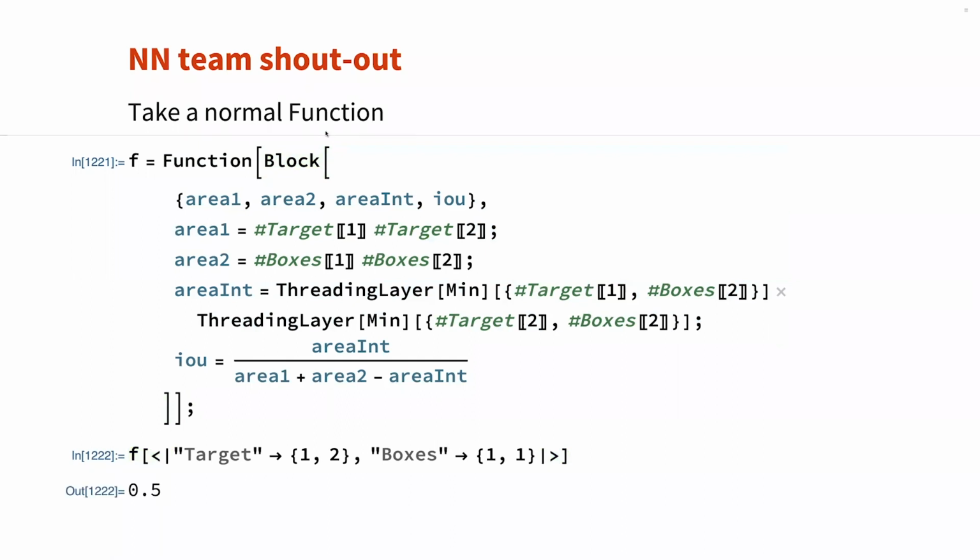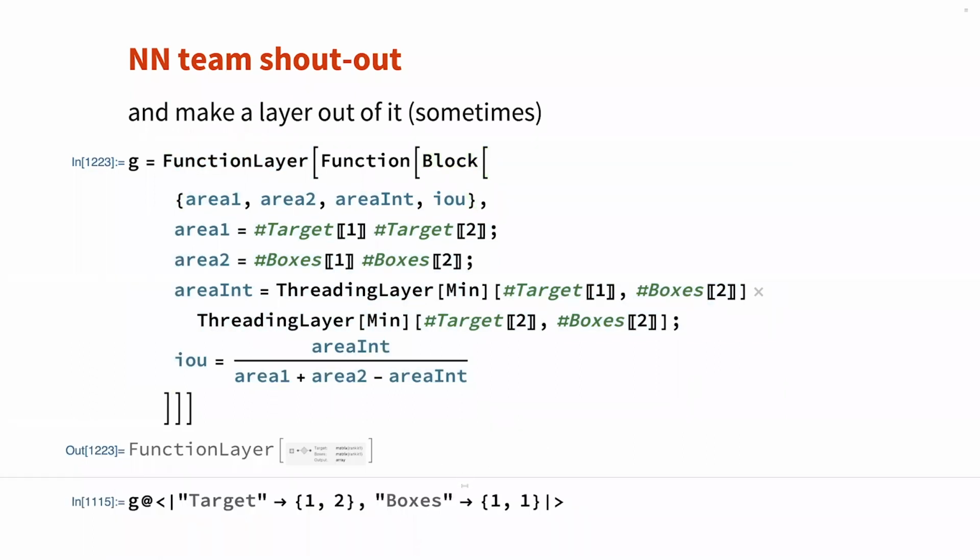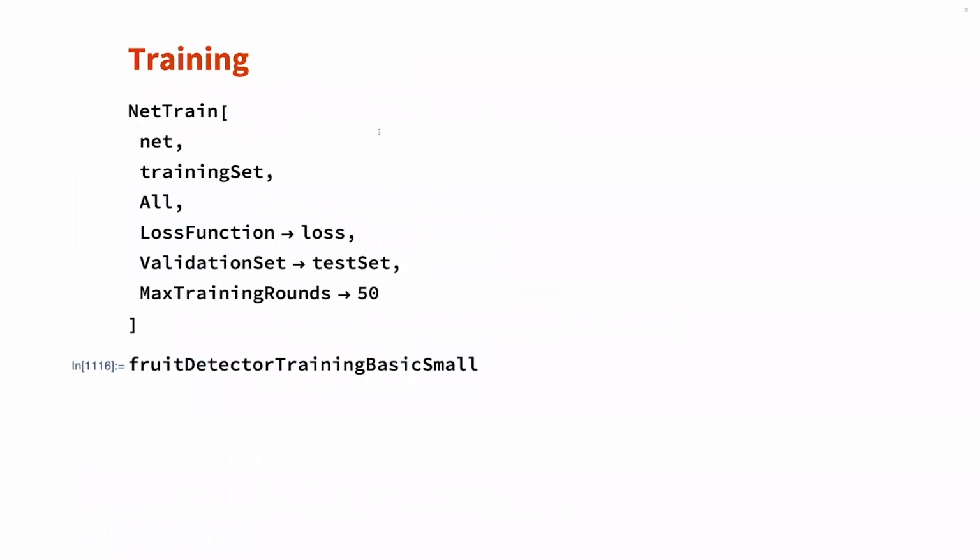And the idea is that now I can just take this function and put it in a function layer, and this will produce something that I can then use. This is basically a small parser that takes top level code, and when possible it converts it to neural network primitives. And together with this came lots of improvements that made the whole thing possible. So the idea is then not much more actually. You take the old faithful net train, you put in our fruit training set, you put in the loss function,